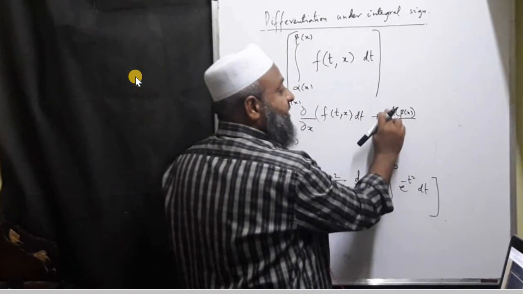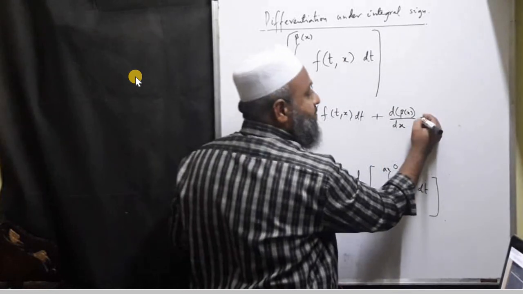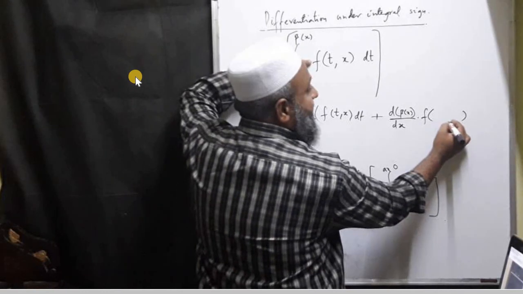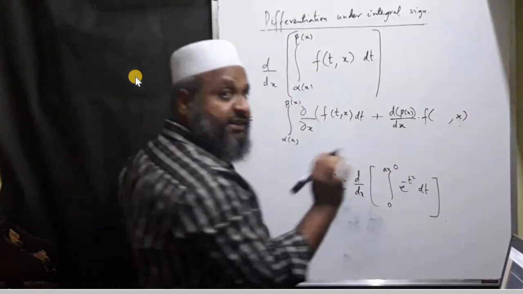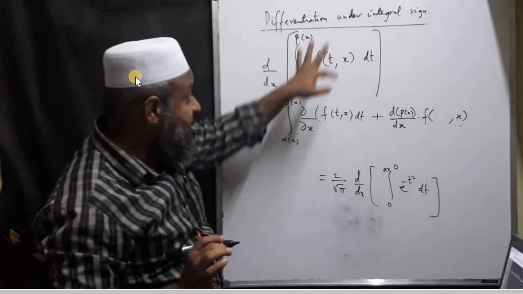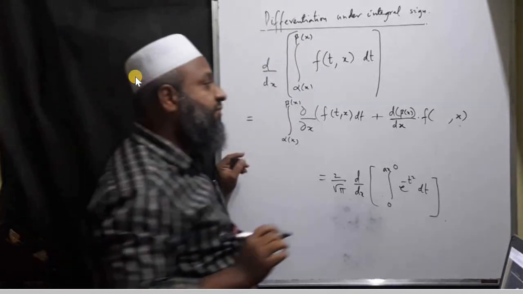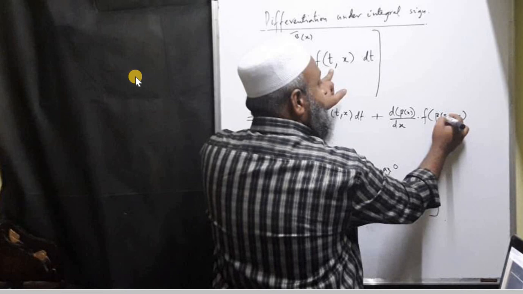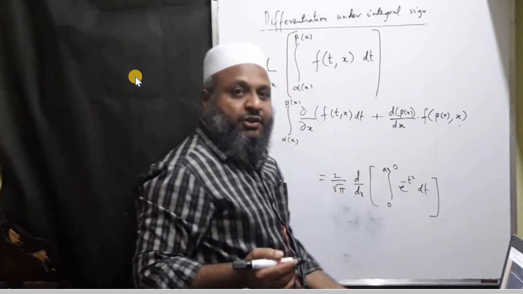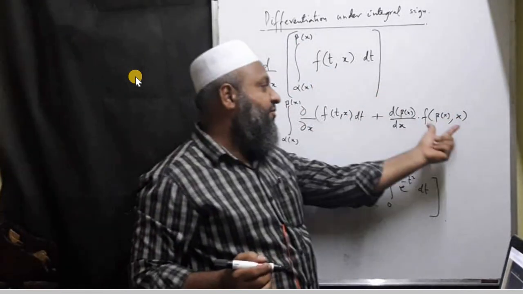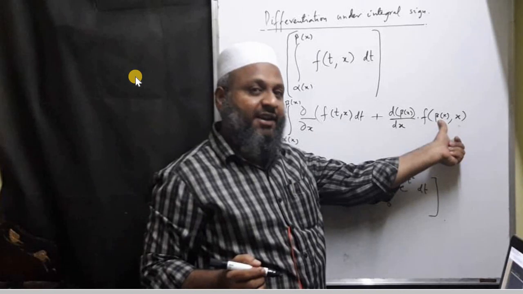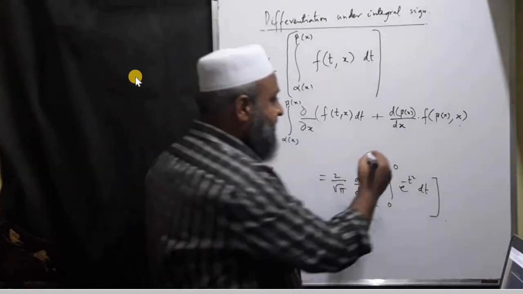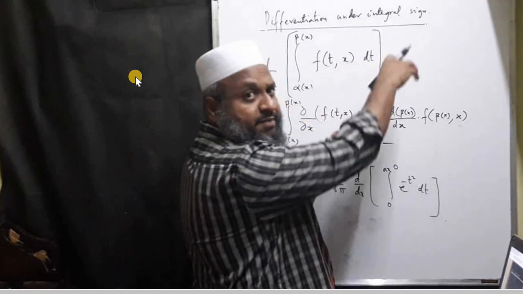I'm saying take the derivative of the upper limit and then multiply this with the value of the function at the upper limit. That x is there as it is. You are not changing x. I said that this result should come as a function of x. So x is x. That t I am replacing with beta of x, that is the upper limit. So you calculate this function value at the upper limit and multiply it with the derivative of the upper limit with respect to x. Then subtraction, with the same kind of substitution for the lower limit.